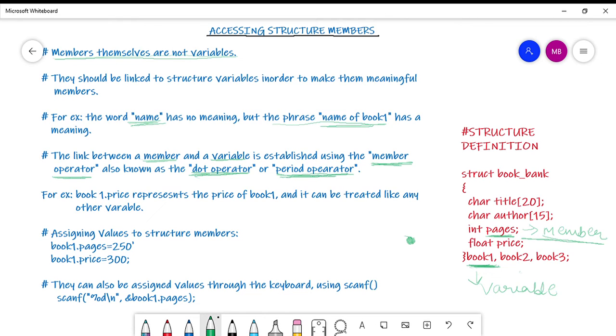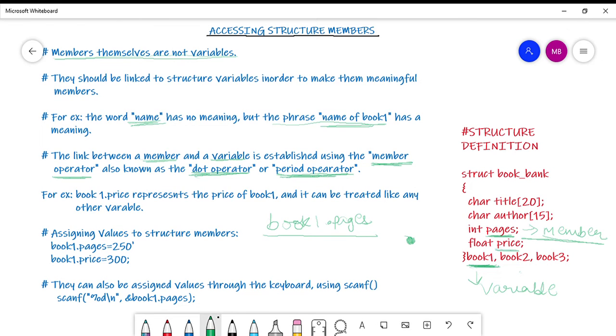So you write like this, book 1 dot pages. So now you know whose pages you are talking of. I am talking about the pages of book 1. How many pages does it have?